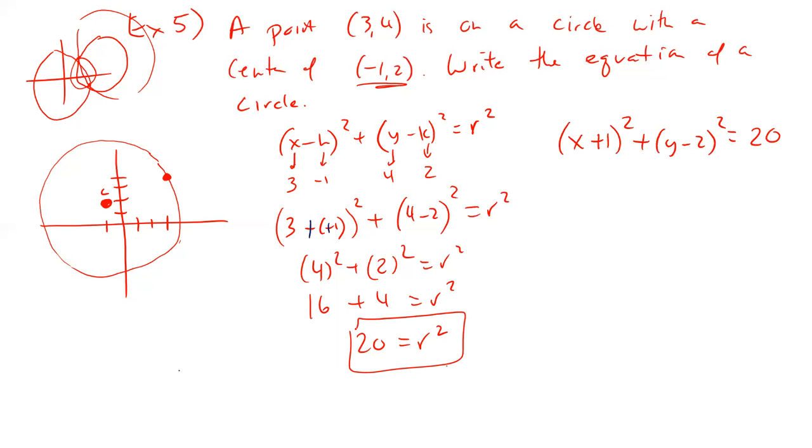If it was root 20, wouldn't that be 2 root 5? 2 root 5, yeah. If we need to know the exact, so the question is find the radius of the circle. The exact value of the radius of the circle is 2 root 5. Okay. Are we good there with lecture?